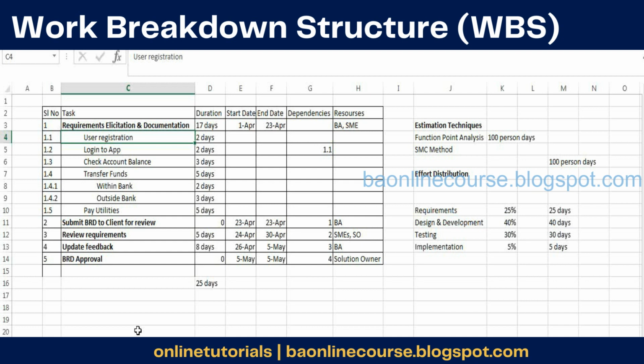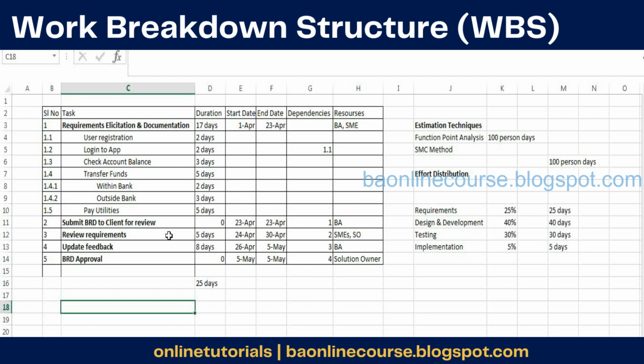he will understand that this model is currently like this, and this is what is being expected, so as-is and to-be. Based on that he will figure out that this existing model might take this much duration for each application to be developed, and then accordingly he will add this number of days.